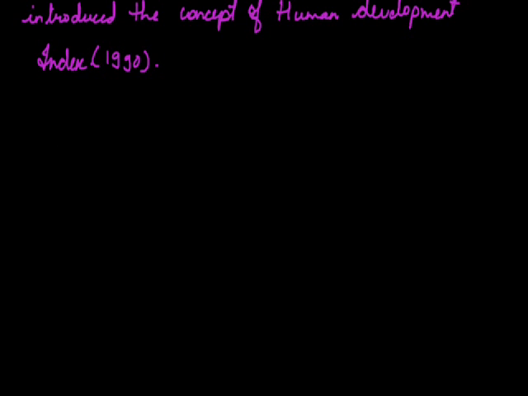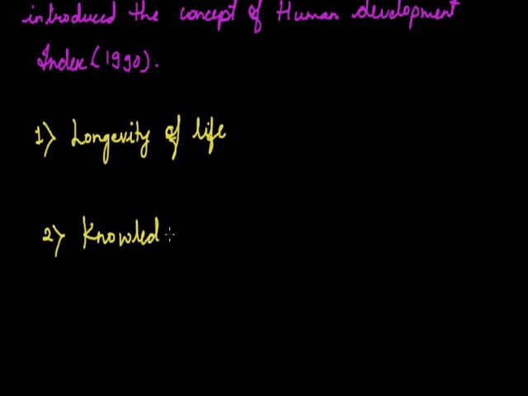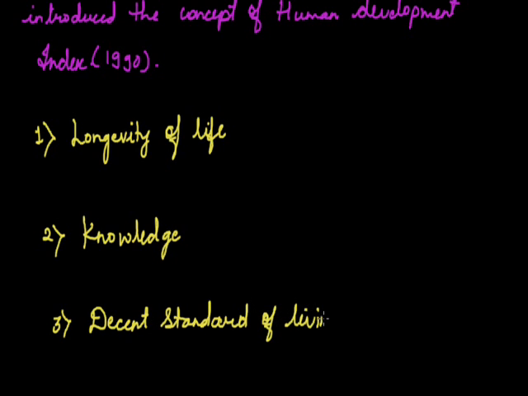The criteria that UNDP includes in calculating the Human Development Index are: first, longevity of life; second, knowledge; and third, decent standard of living. To take the first factor,